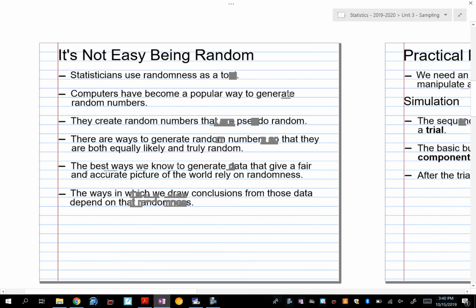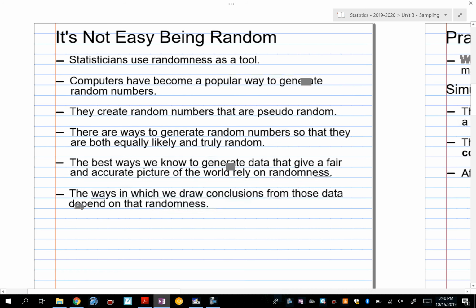So, how are we going to use it in our class? Well, you're going to see this week and going forward that we really use it as a way to model what would happen if I wanted to run a certain simulation. We just did flipping of a coin for 100 times, and I'll just be honest with you, it's not like that was fun. I don't want to do that ever again. So what we're going to do is use randomness and things like a random number table to